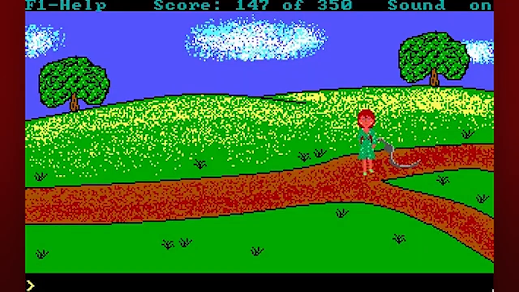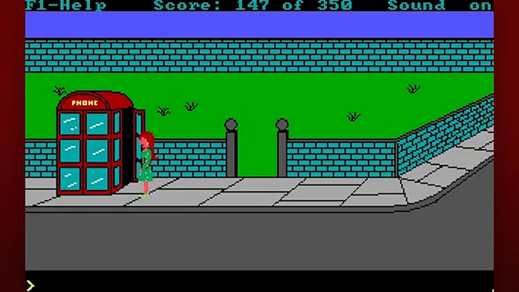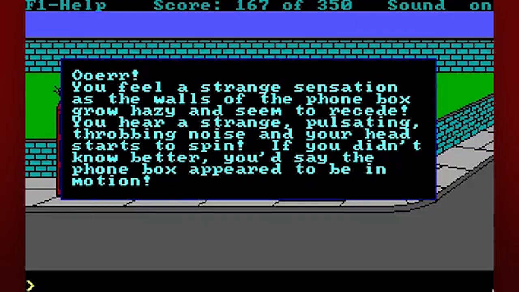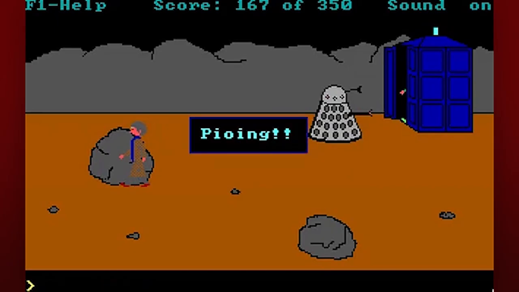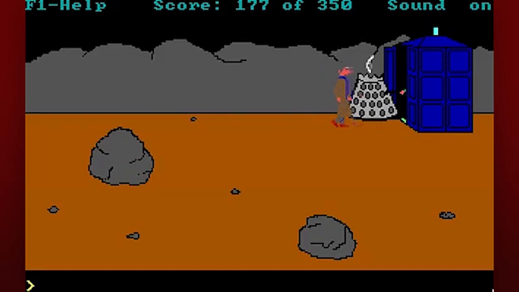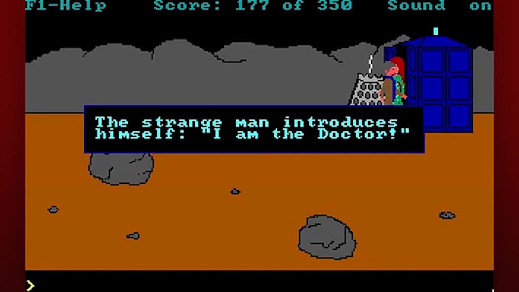Following that, we visit 1991, where the Daleks are referenced again in the PC adventure game Hugo 2 Whodunit. When the player directs the protagonist, Penelope, into a phone booth and enters a command to dial 1-800-333-HUGO, the game states, "You feel a strange sensation, as if the walls of the phone box grow hazy and seem to recede." When the prompt is cleared, the screen transitions to another planet where Penelope exits what appears to be the TARDIS. She then encounters two characters that appear to be the Doctor and a Dalek. After shooting and destroying the Dalek, the Doctor gives Penelope a sonar screwdriver, a reference to the sonic screwdriver in